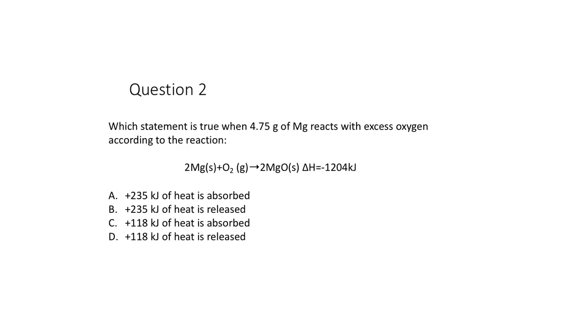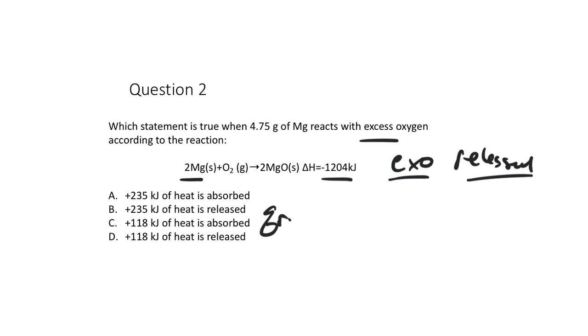Which statement is true when 4.75 grams of magnesium reacts with excess oxygen? If I had 2 moles of magnesium, then 1,204 kilojoules of heat would be given off, would be released by this reaction. This is an exothermic reaction, so energy is being released by this reaction. But now when only 4.75 grams reacts, not quite 1,204 would be given off, so I'm going to calculate my Q reaction by taking